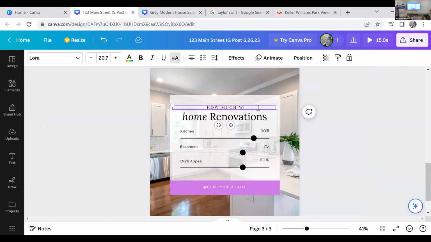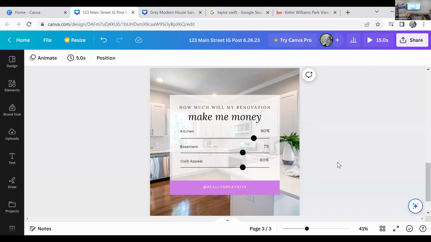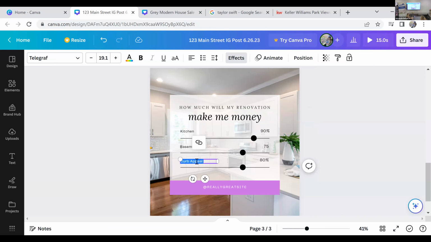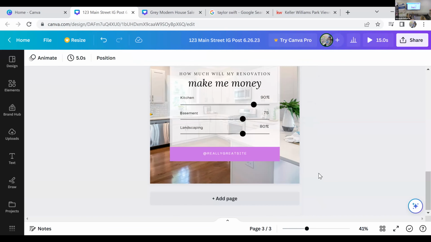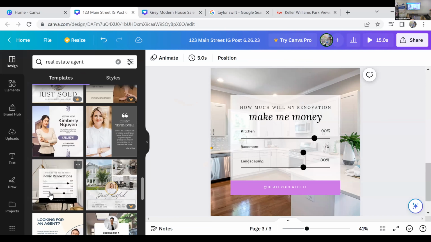How much will my renovation make? I don't know, I'm drawing like, make me money. That's not a real sentence, guys, I apologize. But just showing you how easy it is to tweak it. Kitchen, basement, curb appeal, maybe you want this to be landscaping, etc. But just showing you how easy it is to take something that looks like this and change it to